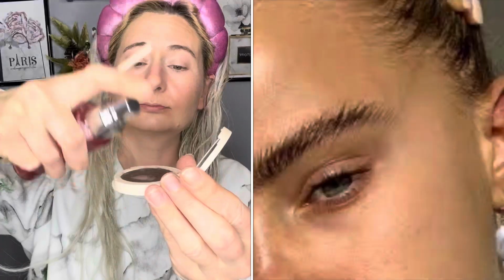And a setting spray. Setting sprays definitely became popular last decade, but they're still being used, either for hydration or to keep your makeup in place. And now for brows, I am using kind of a wax, but